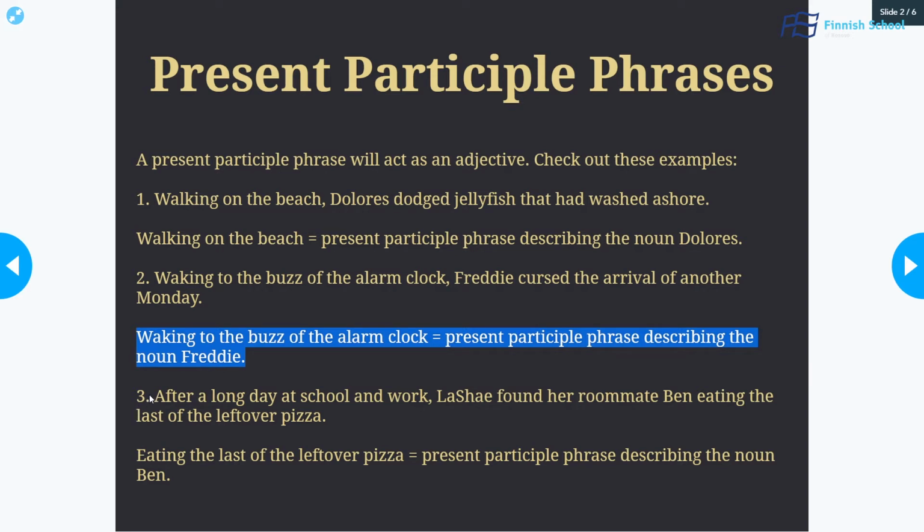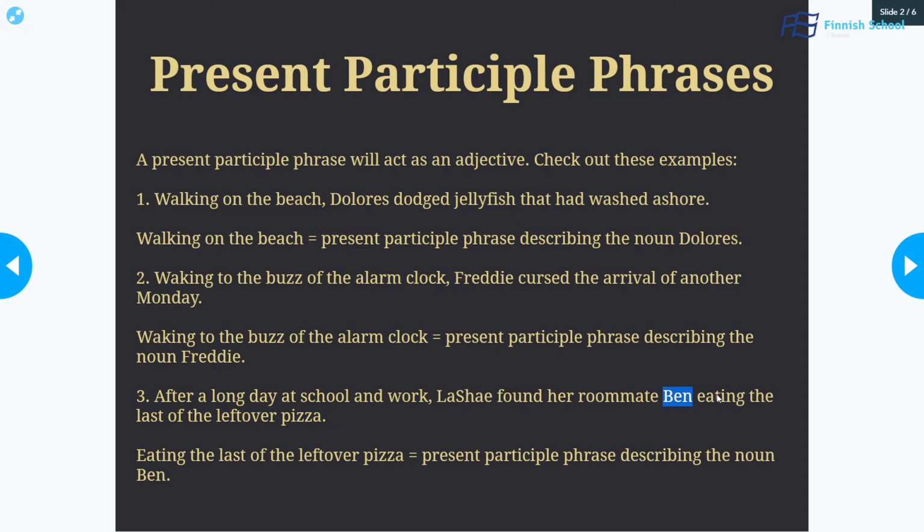Number 3. After a long day at school and work, Loshi found her roommate Ben eating the last of the leftover pizza. Eating the last of the leftover pizza in this case is the present participle phrase describing the noun Ben. So, this sentence is a little bit different because in this case, the present participle phrase is describing the